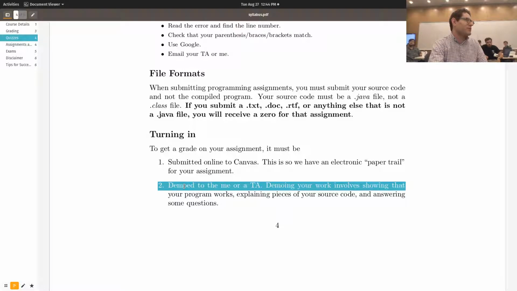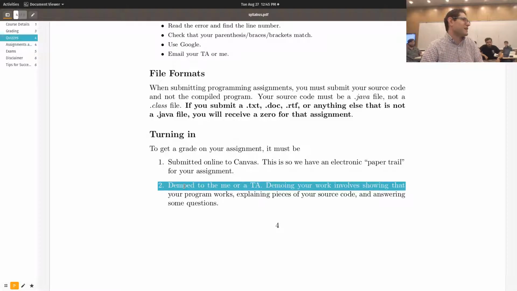That involves coming up to me or the TA during the lab, or my office hours, and explaining the pieces of your source code. I'll ask you questions, ask you to explain your code, and then you'll get credit for it. Honestly, it's because I'm lazy, and creating Java programs is a pain because everybody puts stuff in separate packages, and downloading it and importing it into the proper folder is a pain. I would rather you explain it. This also helps against plagiarism, because if you just copy something and can't explain it, I'm going to tell you to go away until you can explain it, or until you actually do it yourself.